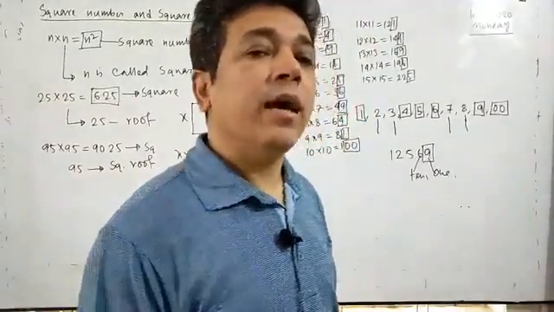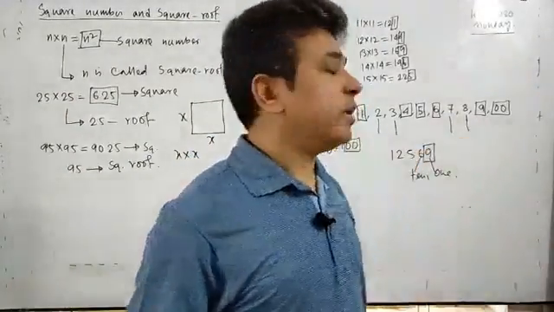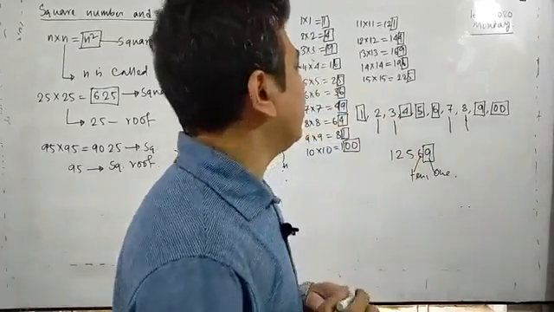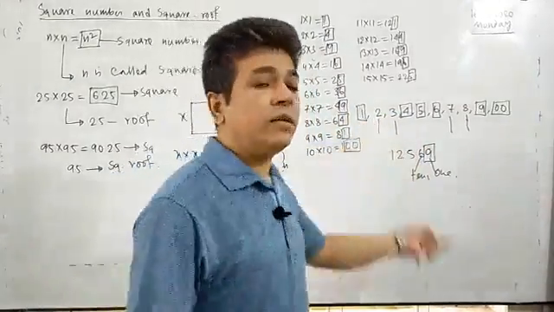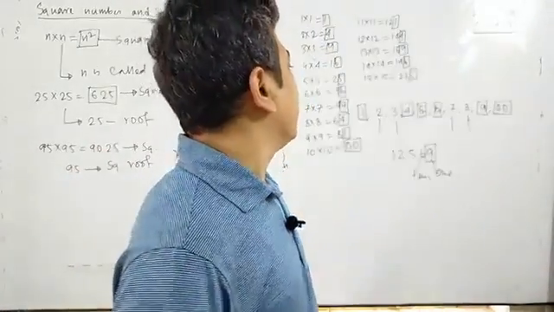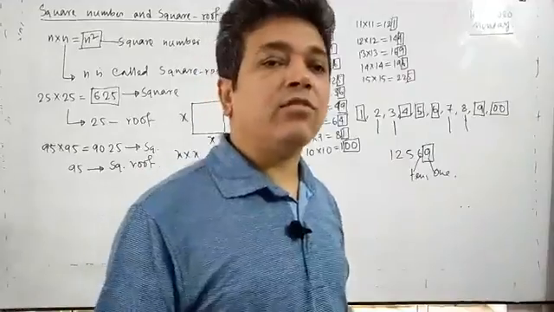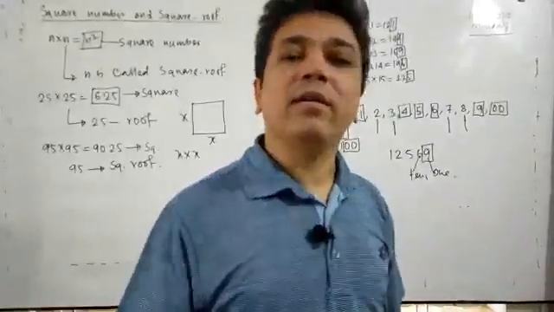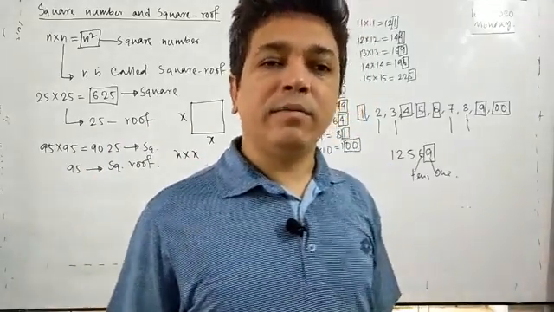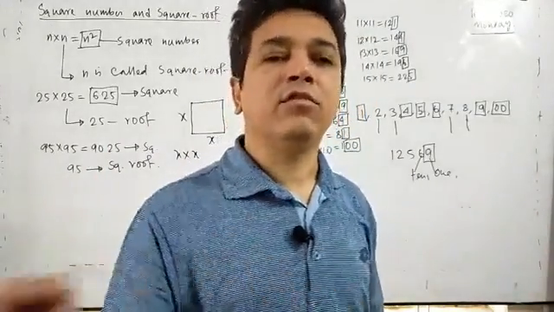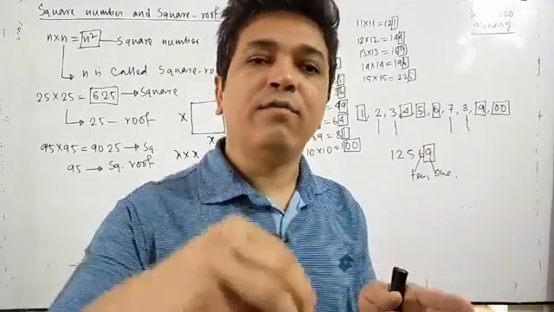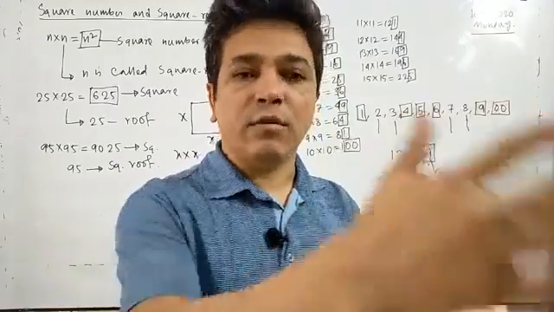must be in pairs. And if any number contains, for example, any of the other digits 2, 3, 7, 8, we can say this number is not a square number. Some numbers contain 1, 4, 5, 6 but are not square numbers. All numbers which contain 1, 4, 5, 6 and 9, we can't say they are square numbers. But from those numbers which contain 1, 4, 5, 6 and 9, we can say some of them are square